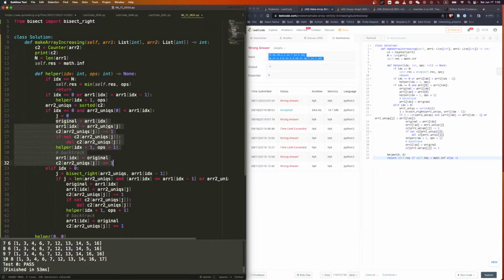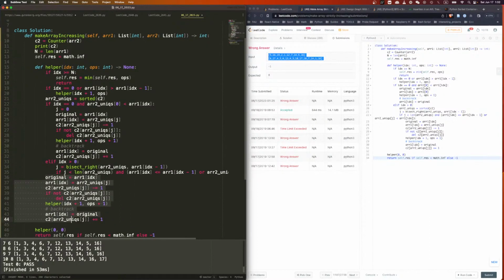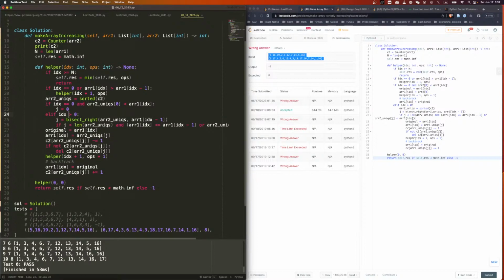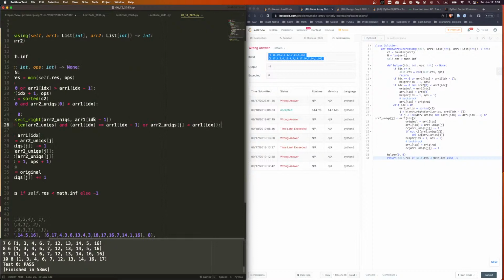Okay, I have an idea. So we can do this only once. That's the whole point. So if this j equal to 0, that's fine. And if this j equal to this,